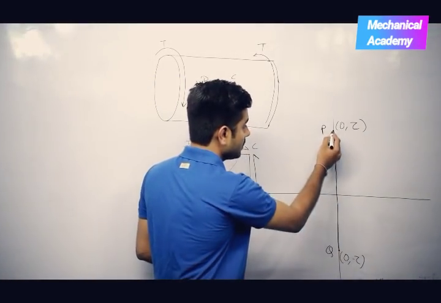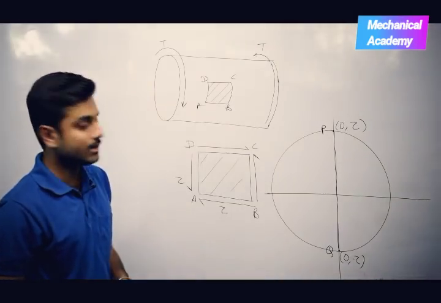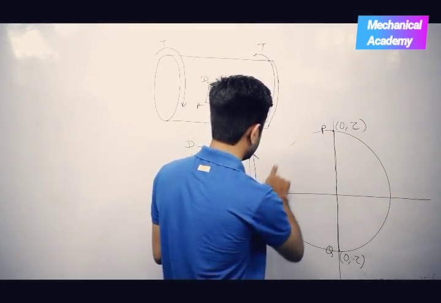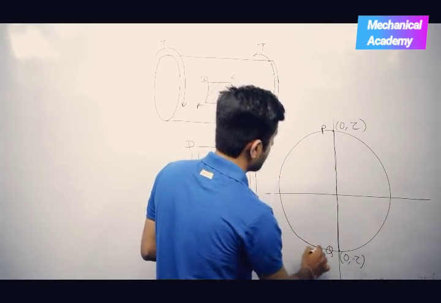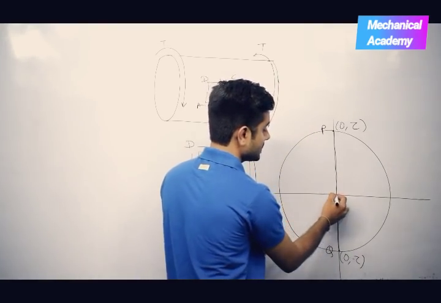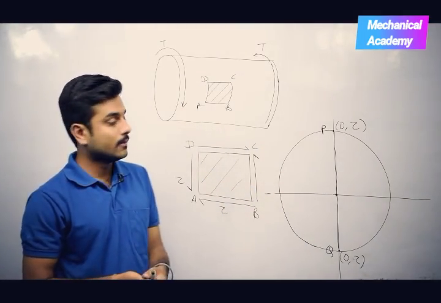If this is the diameter, this is how the circle is going to look, right? This is not looking equal, but actually this and this are equal. It is the center, right? Now, let's see the options.